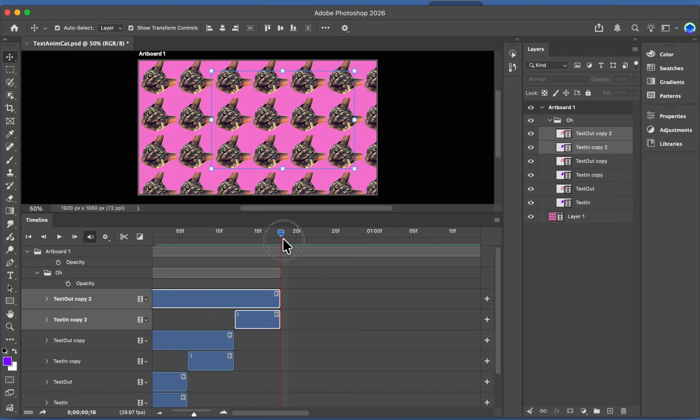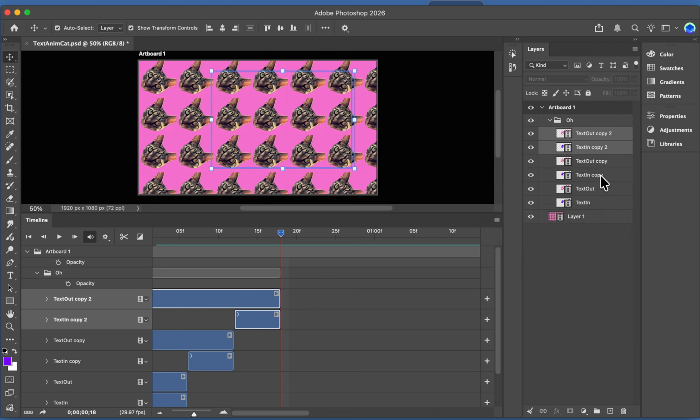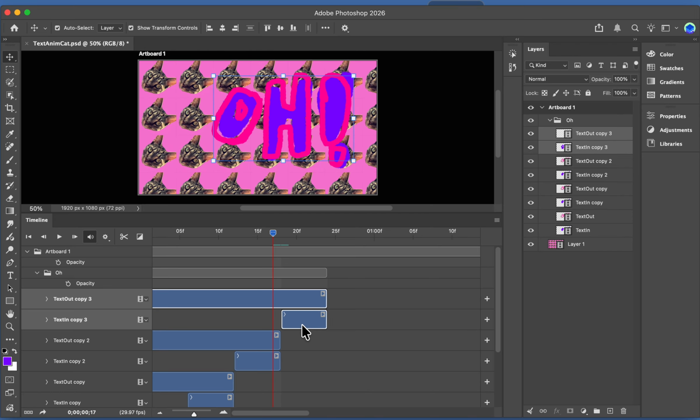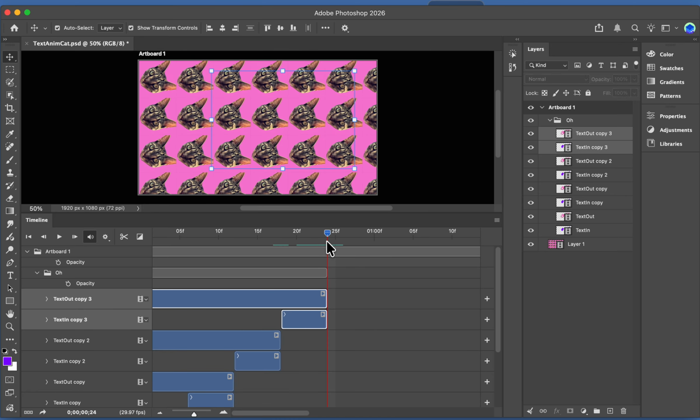Okay, let's move the playhead to where the O stops. Let's make a 4th, is that right? Duplicate layers. So we have 1, 2, 3, 4. Again, let's move that copy to where the playhead is. And now let's go ahead and trim the whole thing.